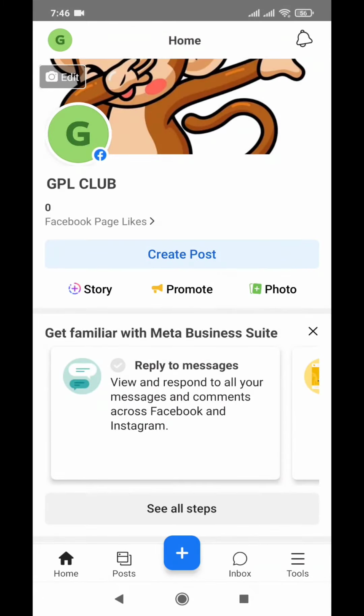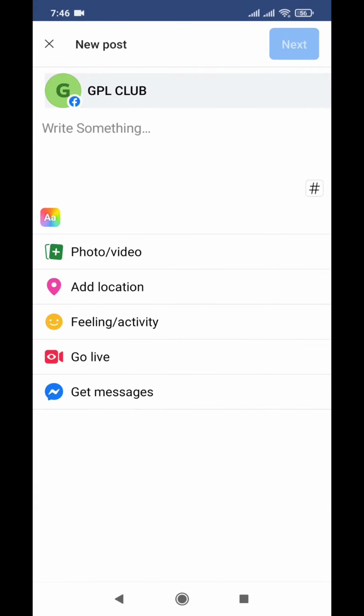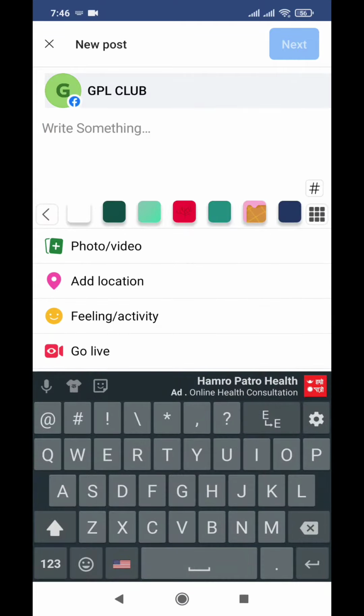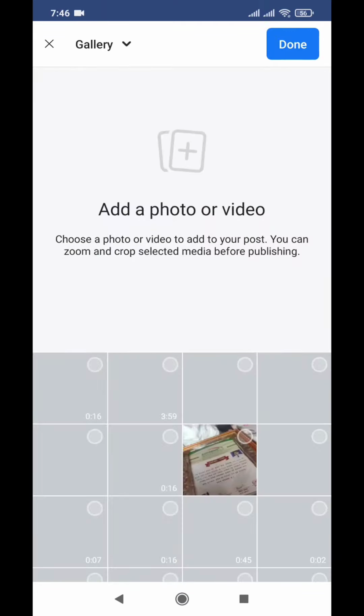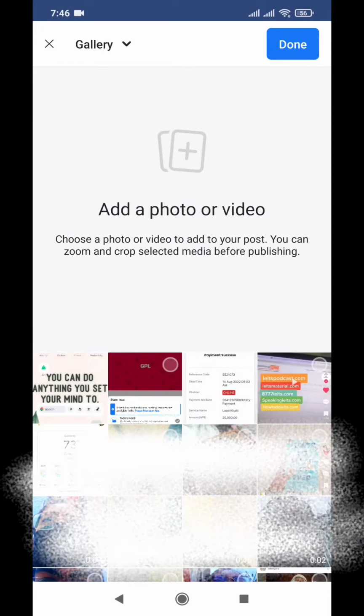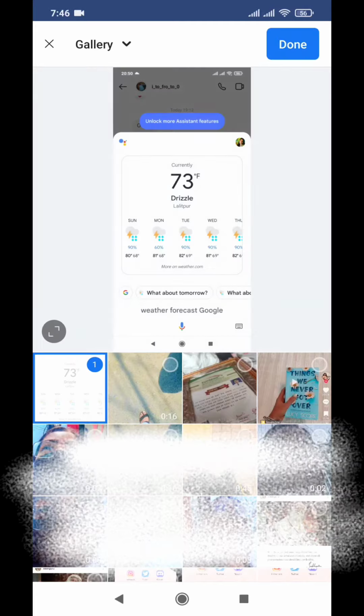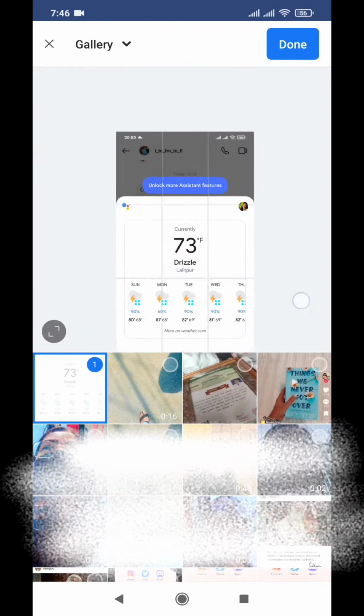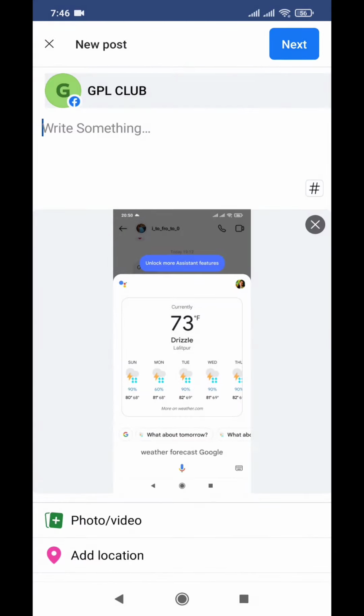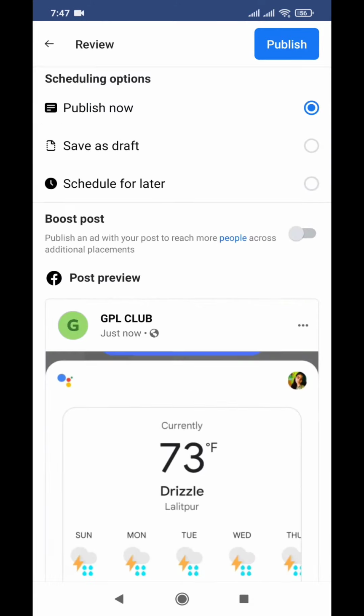Now you click on create post and you may write something and you may attach some photos or videos, so maybe photos or videos for right now, and you may select a particular photo, maybe this one, and wait for it to load. Now you click on done. So the main thing is now you click on next right here and it shows the option of publish now and schedule for later at the bottom. So click at the third option